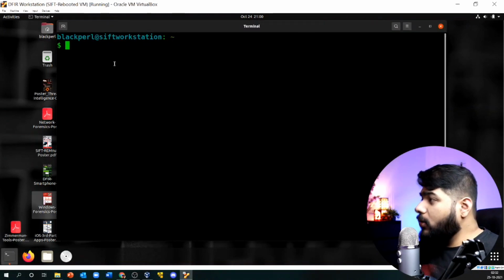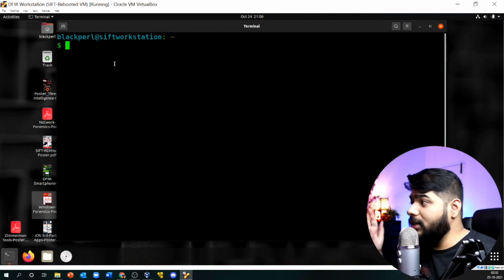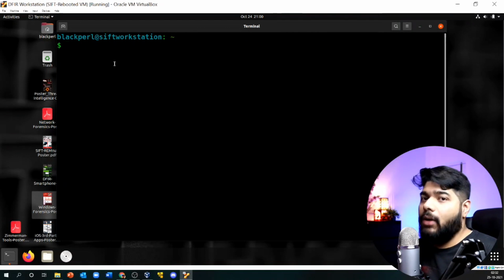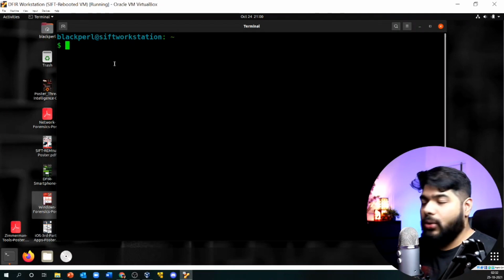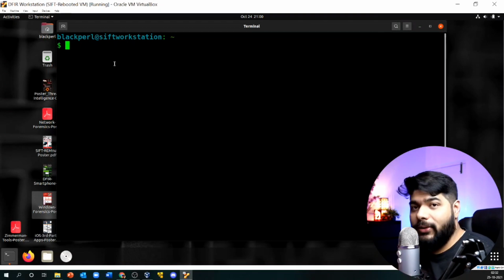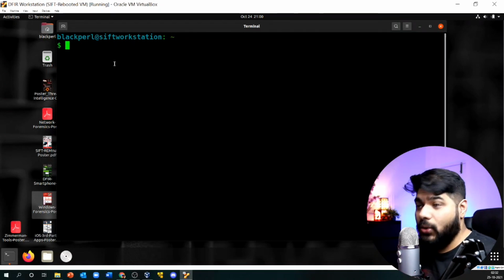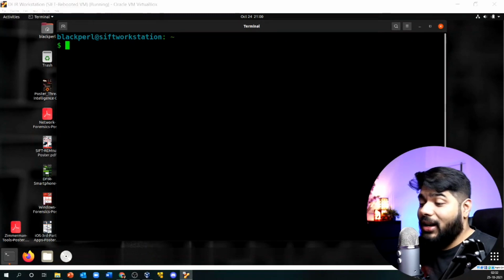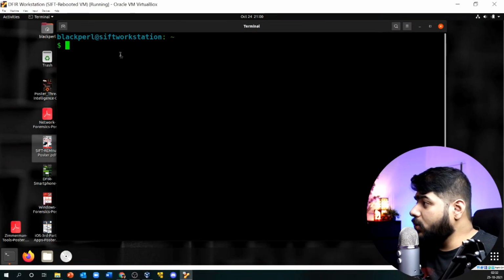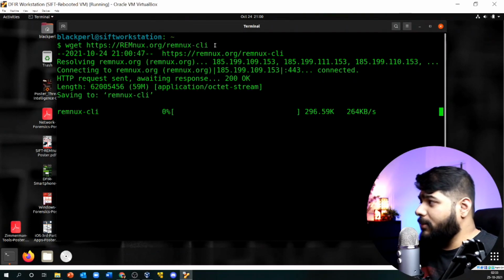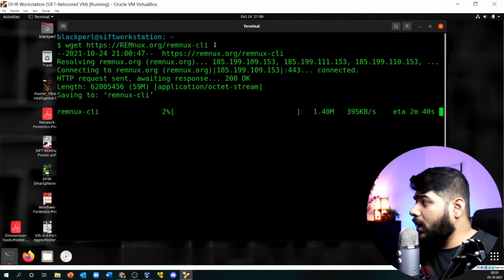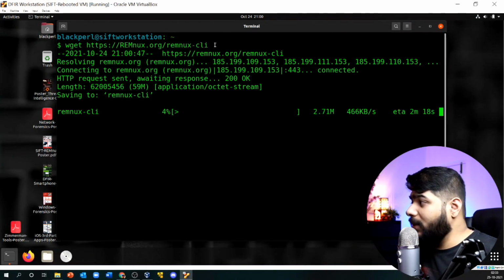What next? So now we need to install REMnux on this particular machine, right? Because remember in our previous block diagram and architecture, what exactly we showed: the Ubuntu machine will be hosting two different things. So the shipped is done, and now let's go and install our REMnux workstation. Okay, so for getting REMnux, first we need to get the REMnux binary file. Now if you see wget, this is the remnux.org and REMnux CLI version, because we want to install REMnux CLI.